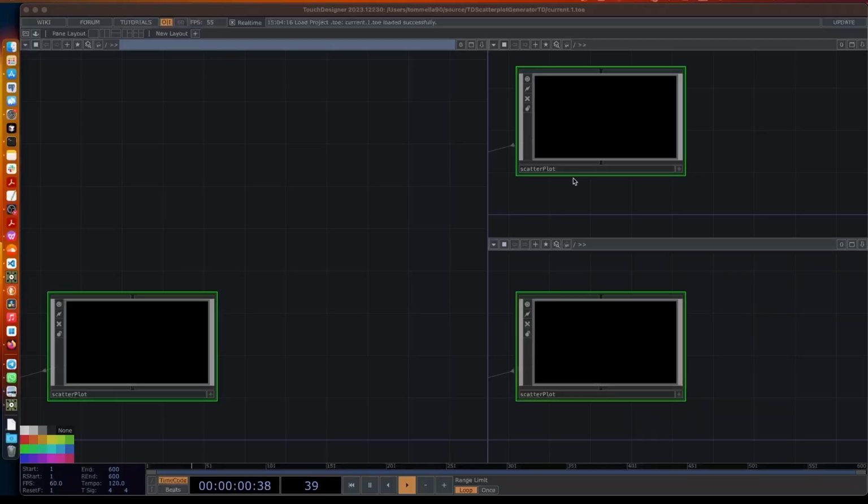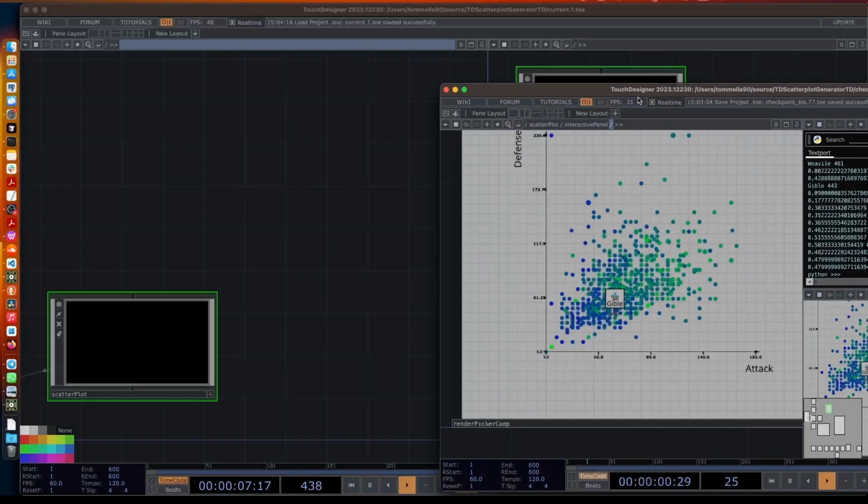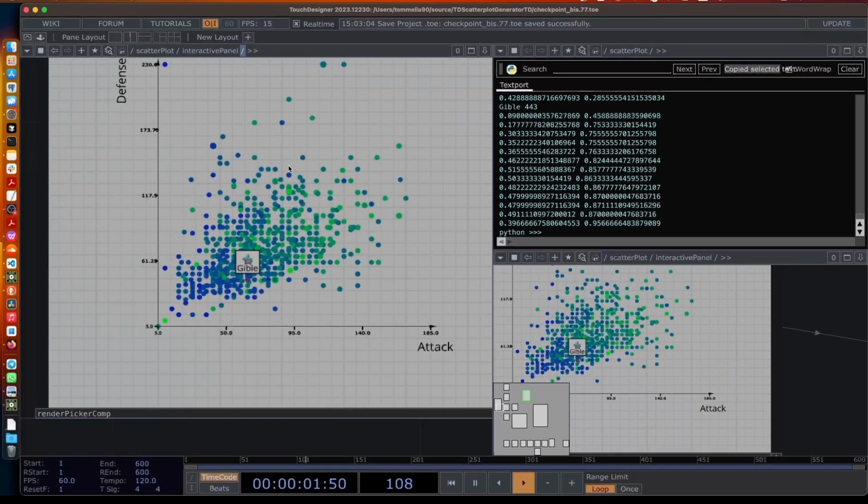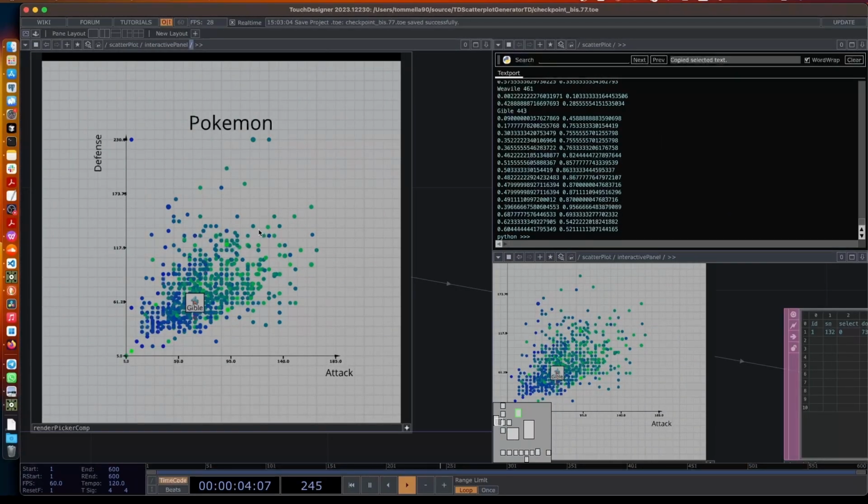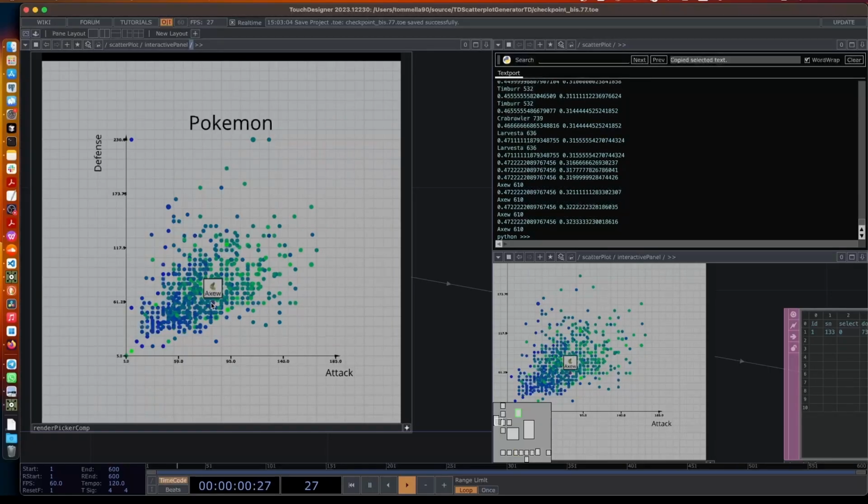Next step is to add some interactivity to our plot. I want to create something like this. I'll show you what I've already done here. I want to be able to go through our plot and display a little image of the Pokemon with